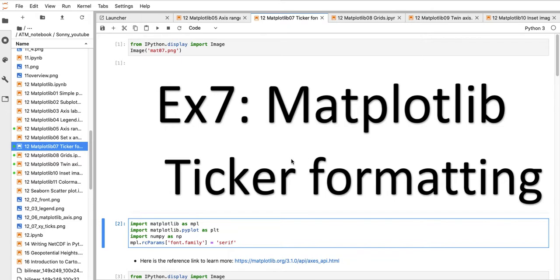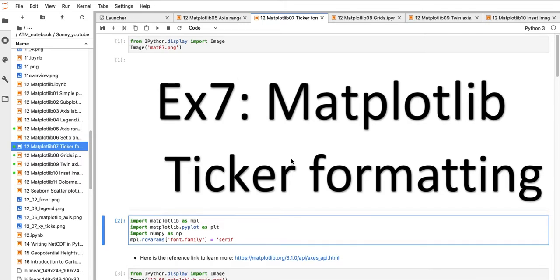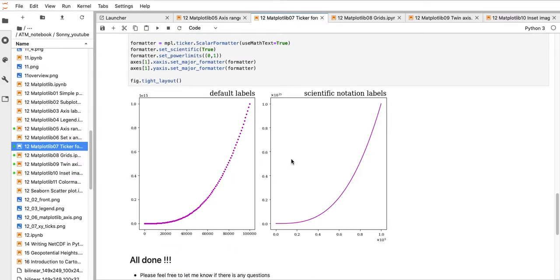Hi everyone, welcome back. This is the 7th tutorial about Matplotlib, and the topic of this tutorial is ticker formatting, which is something like you see in this figure. On the left, I have, in the x-axis, a number which is pretty long, for instance 100,000, as you can see in here. However, we can modify this number to make it something like we see in the right, and this kind of modification is called scientific notation instead of using the default notation,